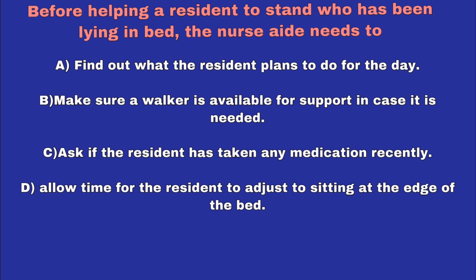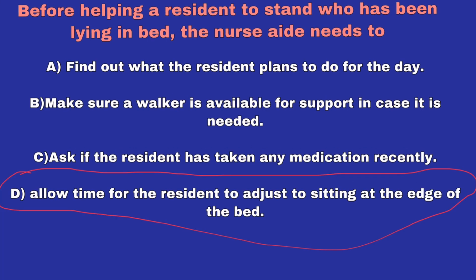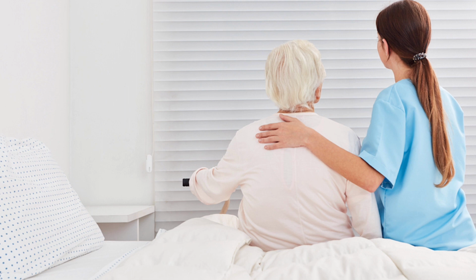So out of all of these questions, which one would it be? The answer is D. Allow time for the resident to adjust the setting at the edge of the bed. The reason is that when a resident has a change in position, especially when moving from lying to sitting or from seated to standing, there's a risk that they will feel a bit dizzy from a drop of blood pressure. So it's very important to give the resident an opportunity to adjust to the change